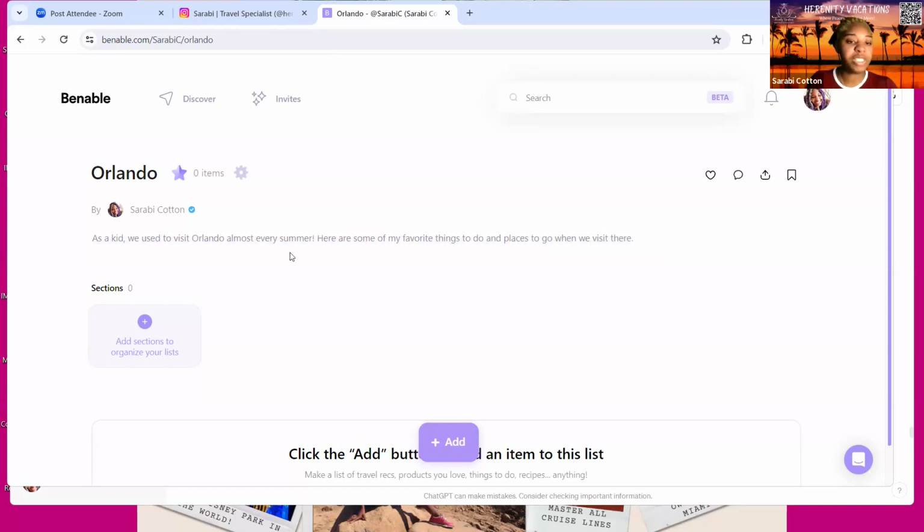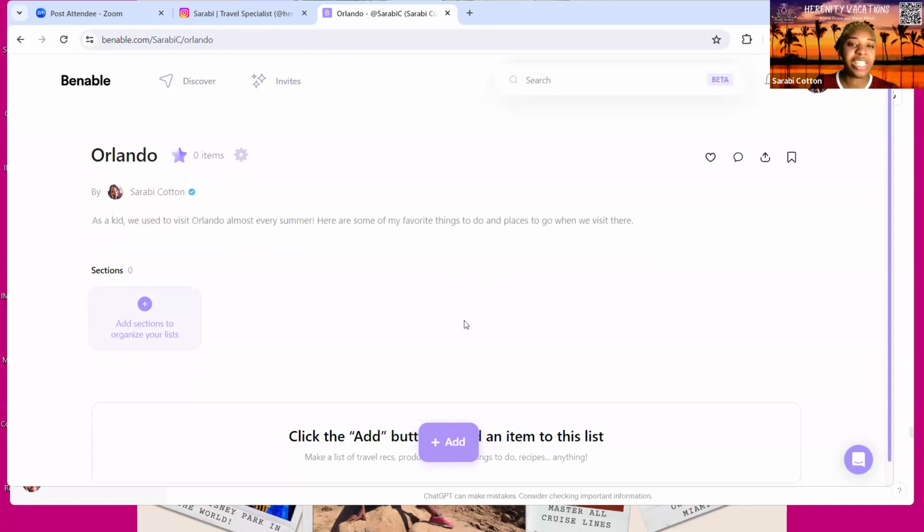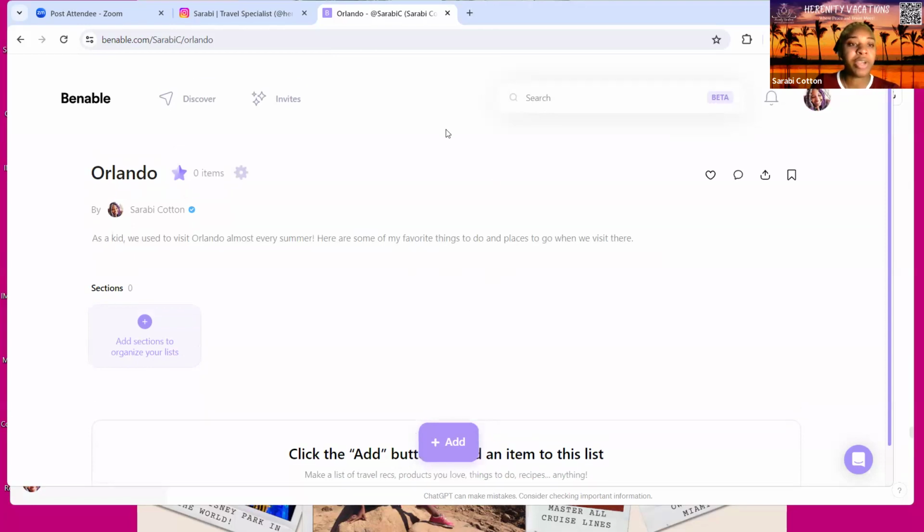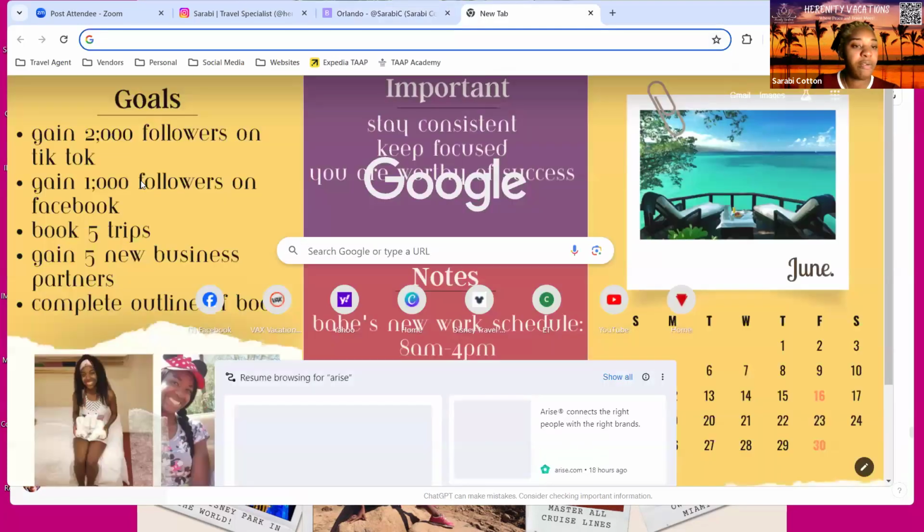Perfect. Something simple, doesn't have to be too long or lengthy. They do recommend that you have a little bit more to say, but for training purposes, if I want to add something to this, I can, but for right now, that's good enough. So now I'm going to go ahead and open up my Viator website.